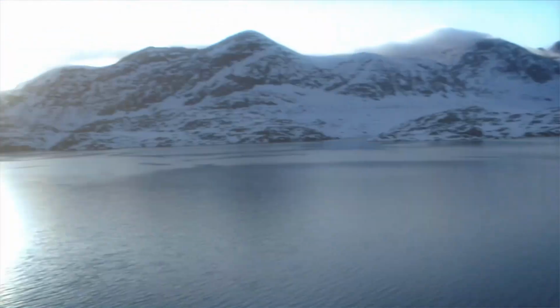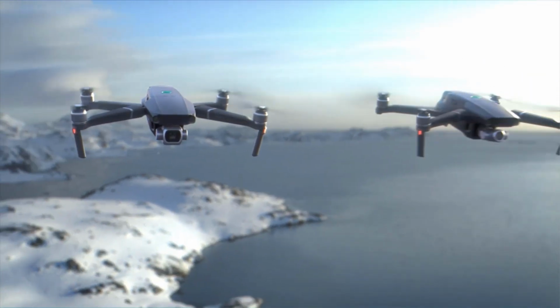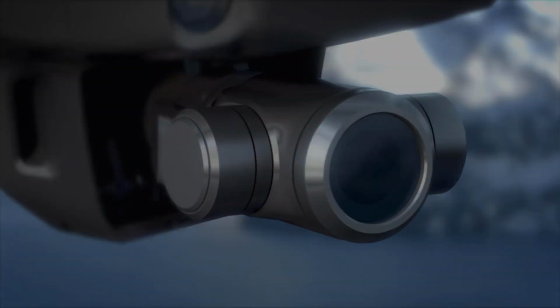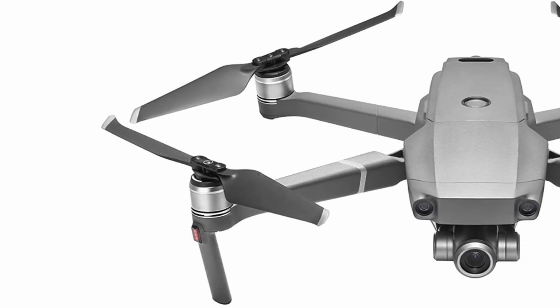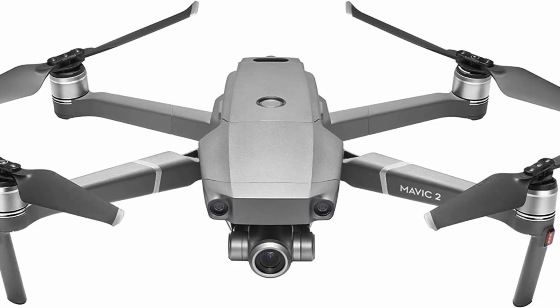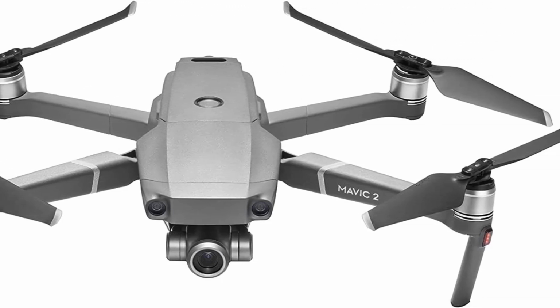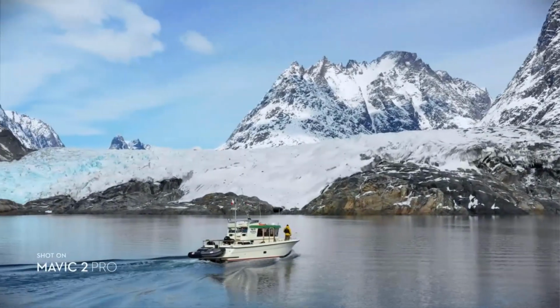videography. In terms of performance, the Mavic 2 Zoom boasts impressive specifications. It can stay airborne for up to 31 minutes on a single charge and can reach speeds of up to 44 miles per hour, offering a fast and agile flight experience. With a takeoff weight of 905 grams, it's relatively lightweight and portable, making it easy to transport to different shooting